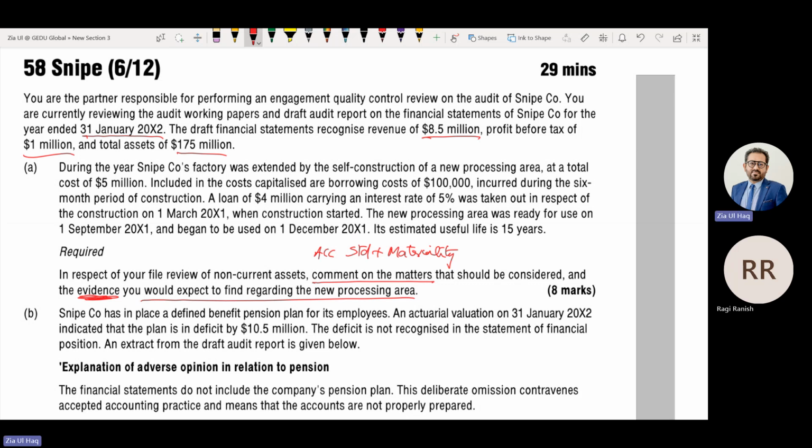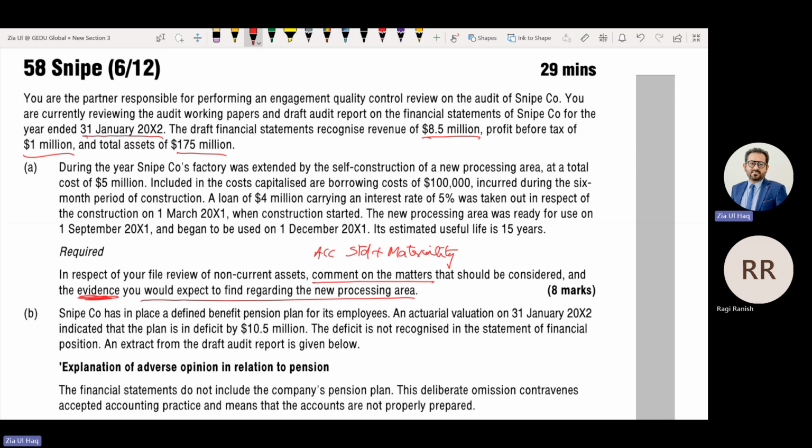Is that goodwill? Where is it recorded? Under assets, having no link with P&L. So their materiality we will perform with total assets. Loan amount: we'll check materiality against total assets because the loan amount has no link with P&L. Interest expense we can check against P&L items, meaning profit and revenue, but the loan amount itself is a liability having no link with P&L. Are you with me?